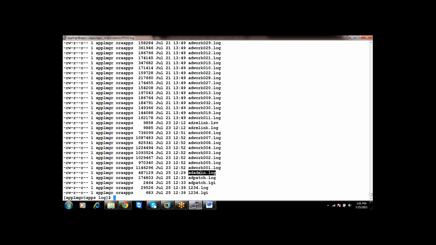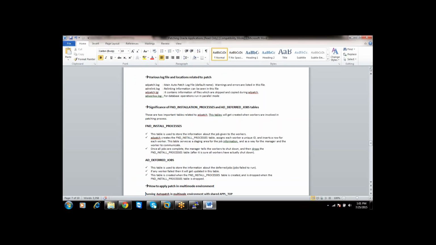What are these? adadmin.log, adpatch.log, adpatch.lgi. These are the worker log files. These are relinks. So your AD utilities related log file location is APPL_TOP/admin/SID/log. Basically, AD Admin and AD Patch logs will be stored in your APPL_TOP/admin/SID/log location.